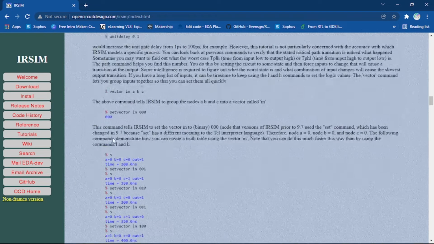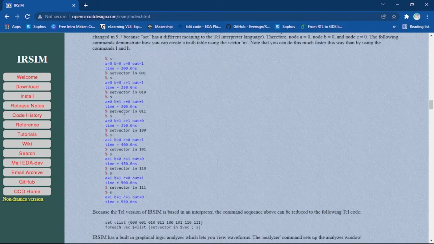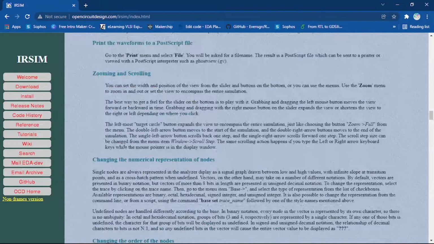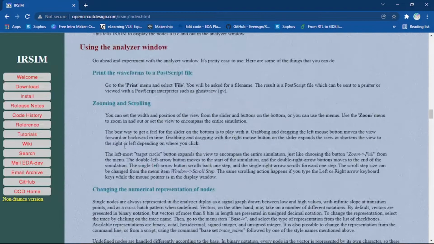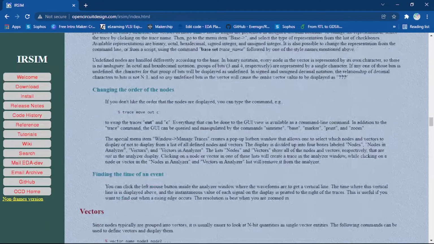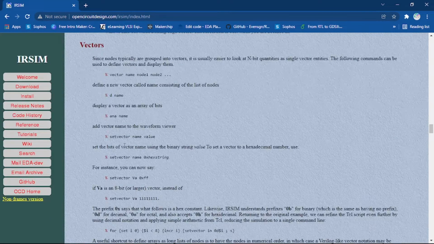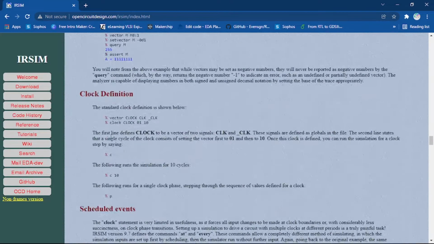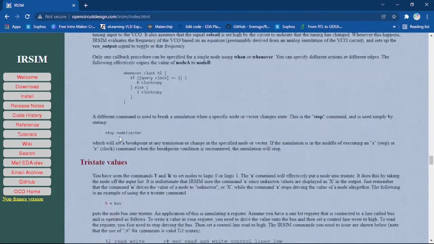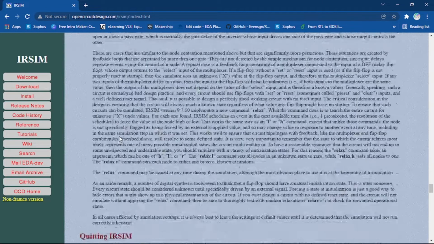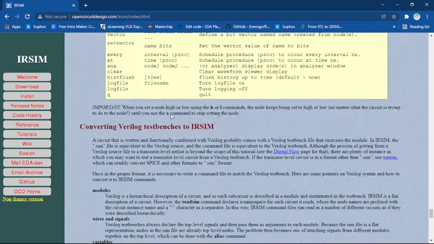There is an analyzer I have also mentioned in the last video. So if you can see, this is the way you can look at it. Okay, and there are examples also, plenty of examples. So to understand it, if you want to go deeper, you can go here, and this is the clock definition, scheduled event, and then there is analyzer also. So basically you can go through this particular website if you have any doubt regarding the use of the tools. Okay, so that is the first thing.